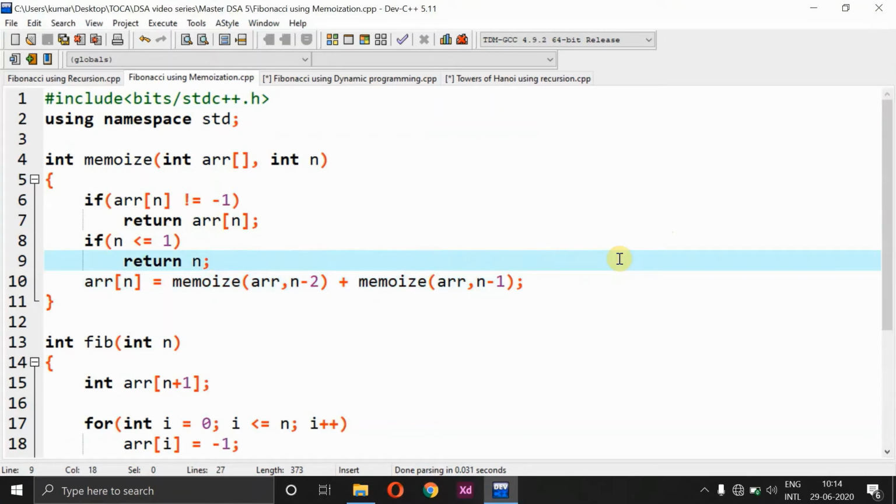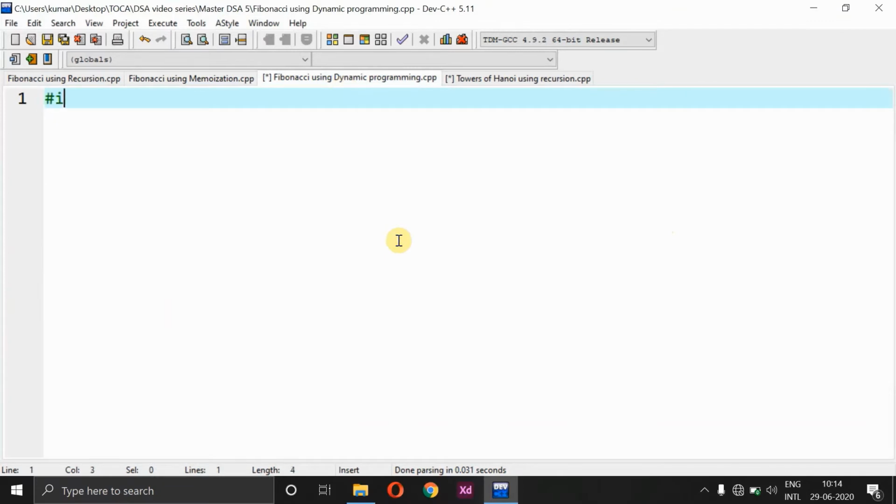Now, in order to reduce the time complexity further and make it more efficient, we have to opt for dynamic programming instead of the memoization technique. So memoization is still an optimized one, but not the most optimized solution. So now let's start with the dynamic programming approach, which we can say is mostly an efficient one. So when can I prefer dynamic programming? If we have a large set of array, in that case I can prefer dynamic programming.